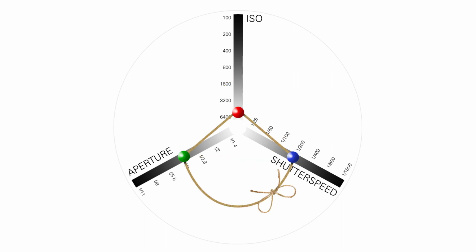To get the perfect exposure, the string around our three elements always has to be neat and tight. Well, it's obviously not right now. So something has to give, something has to be adjusted. Let's say we adjust the aperture. Well, it looks like it's a little bit better, but our string is still not tight. So even in this scenario, we would have to change the aperture further or adjust the third element, which is